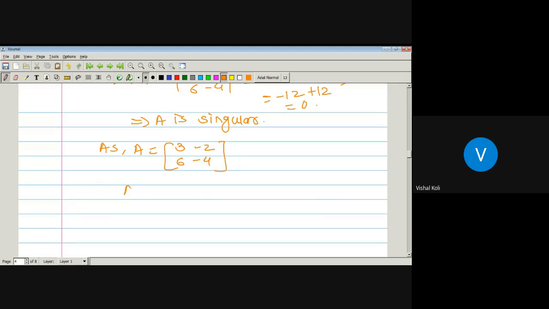So A11 is nothing but minus 1 to the power 2 into minus 4. A12 is nothing but minus 1 to the power 3, which is minus 1, into 6, which is minus 6. A21 is equal to minus 1 to the power 3, which is again minus 1, into minus 2, which is equal to 2. And A22 is equal to minus 1 to the power 4, which is plus, and which is 3. So